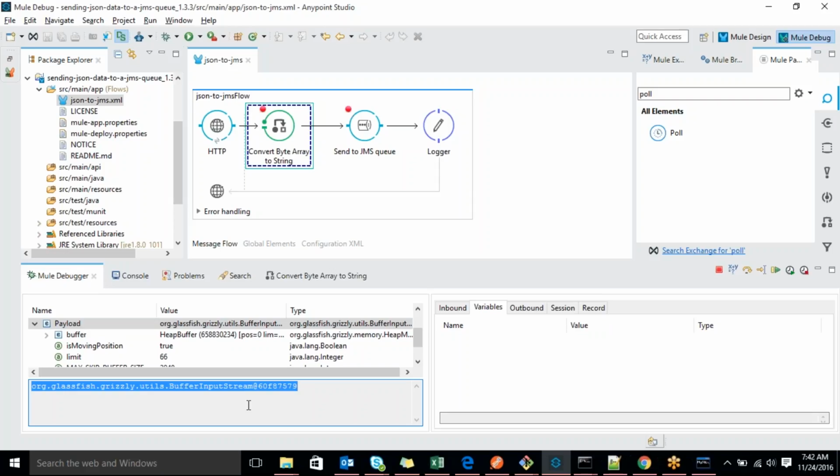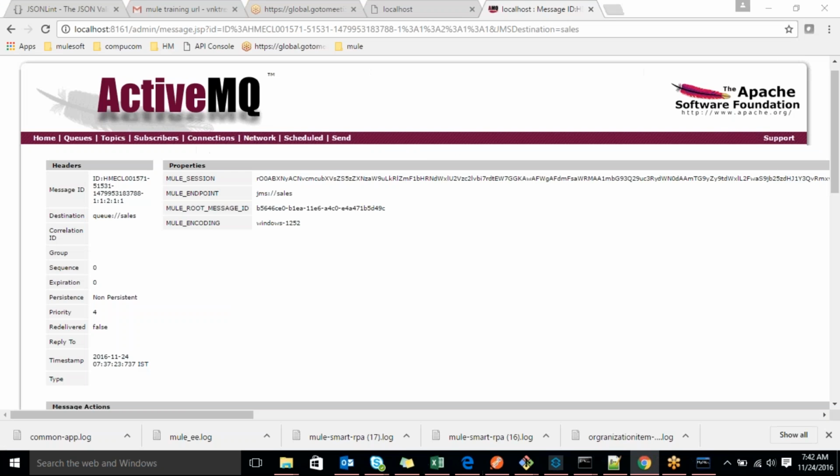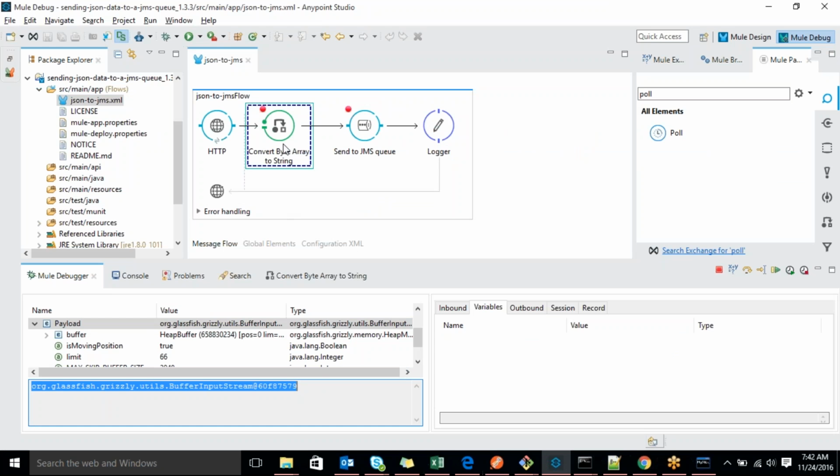Oh, okay. Not for sure JSON, actually. It is like this. Yeah, whatever you are sending as input, accordingly. Understood. So that time you have to use it. That's why if you don't convert that into a proper format and send it directly, it will reject it. Your JMS won't accept it.